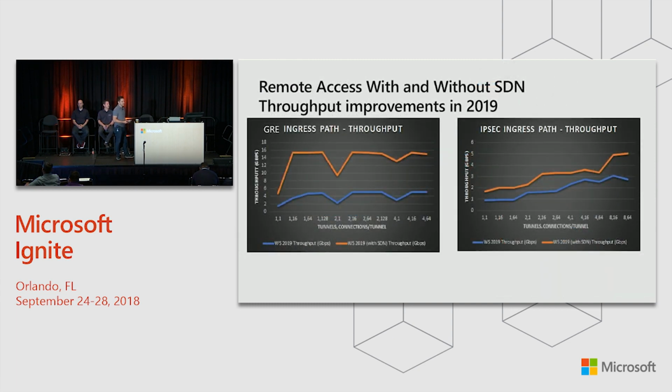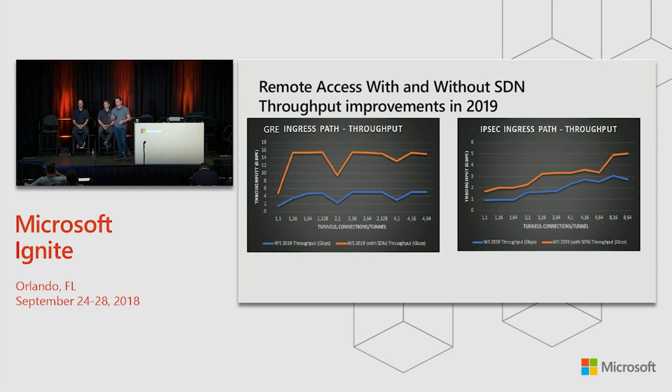Now, in Server 2019, we haven't really changed much of the functionality in remote access in a while. Same remote access you've known and loved for a long time, but we've been working really hard to improve the throughput. In the cases of SDN, where we can take advantage of hardware offloads for IPsec VPNs, we've actually improved the performance by 3 times.